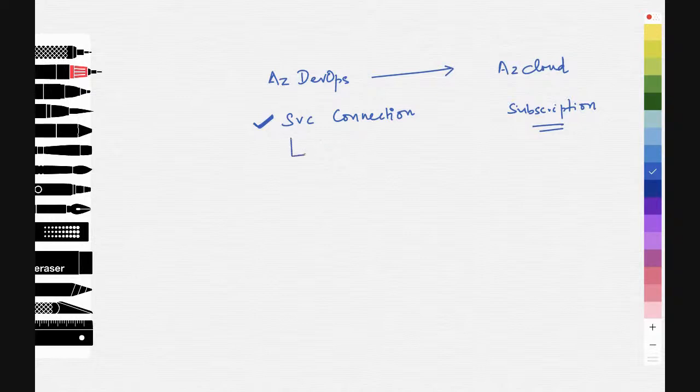We can create a service connection on a subscription using subscription details. Or if you have a service principal in Azure for role-based access control, where we create a service principal and grant access to users, I can create a service connection corresponding to that service principal as well.